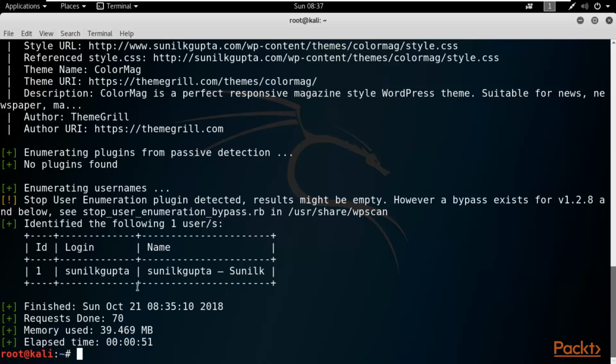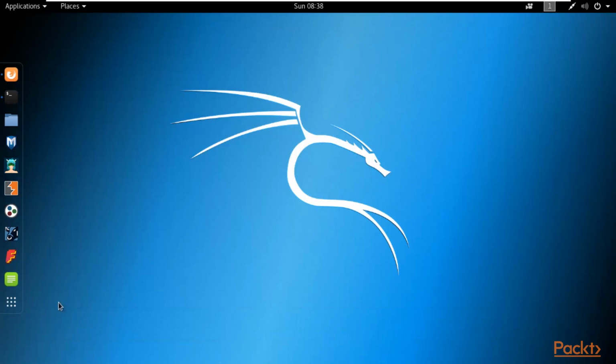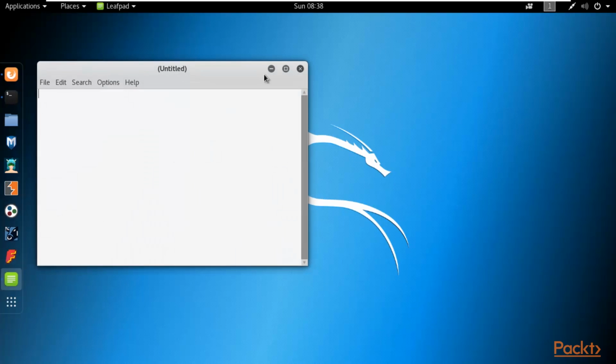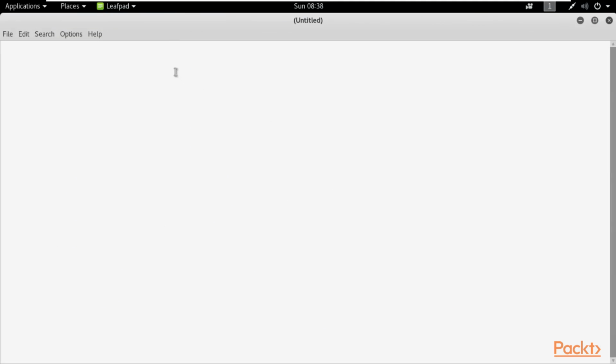It can perform brute force attack on the login page if you provide it a dictionary, and then it will provide you the right password. Let me show you. So first of all, let me create a file here, and inside that I'm going to type, for example, 4 or 5 passwords, and let's see if WPScan can find out the right one or not. So let me type some passwords here,